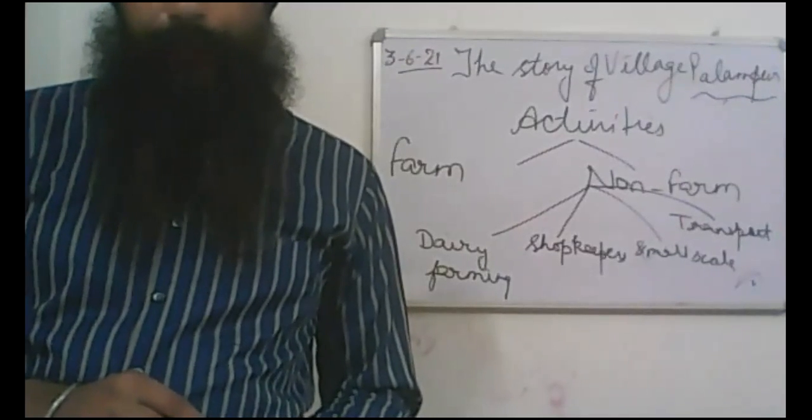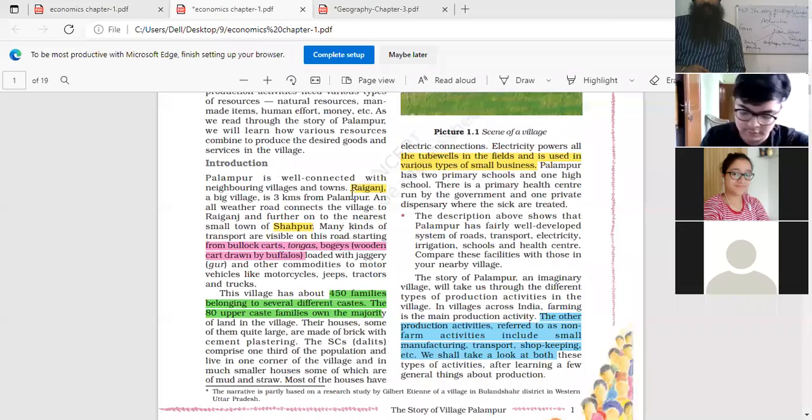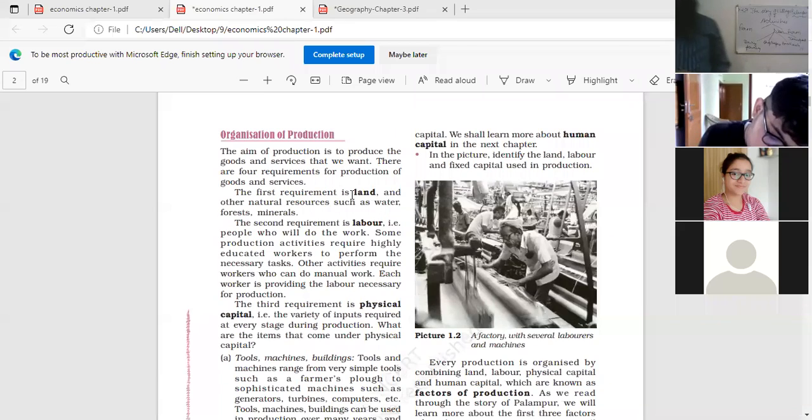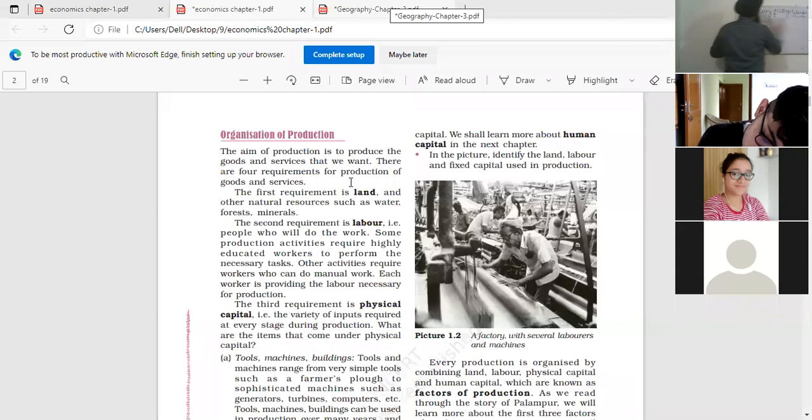Production. Factors affecting the production. Production means to produce goods and services with the help of activities. Now the factors affecting the production are